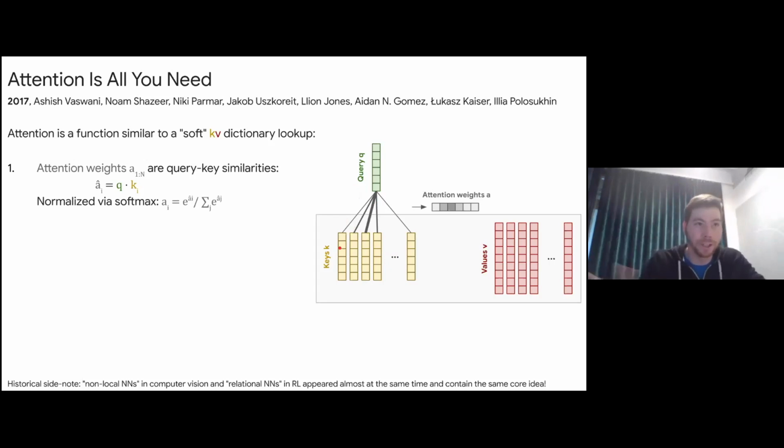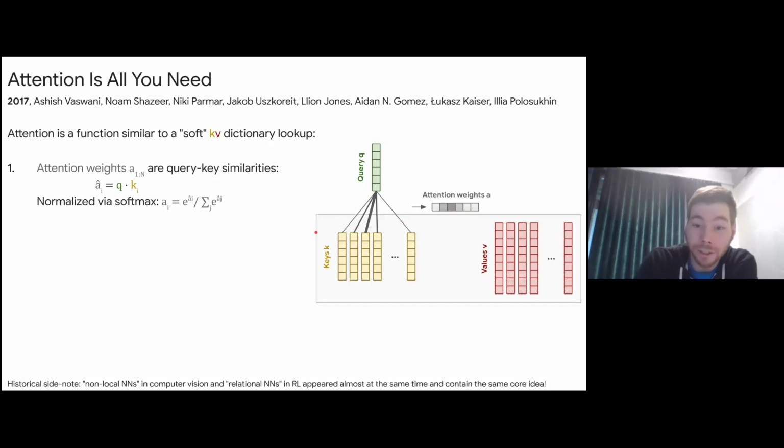Oh, that would be if they are normalized, but if they are longer, then it's anyways a large positive number if they point in the same direction, and a large negative number if they point in opposite directions. Yeah, and so basically for each product between the query and the key, you get one number as a result, right? So for all of these products, you get one number per key, which means how similar this key is to our query. And these are called the attention weights. And they are usually such that we can do something meaningful with them. They are normalized, and we use the softmax function to normalize them, such that now they kind of represent a probability or a weighting, if you will.